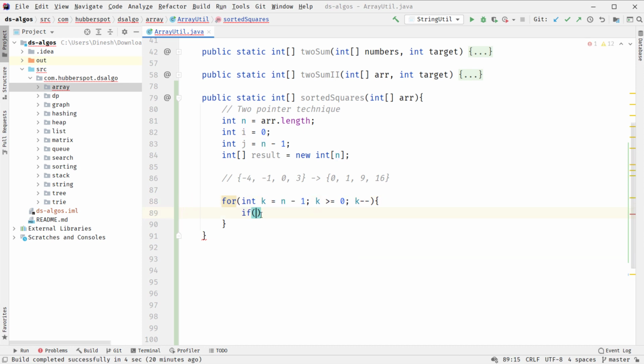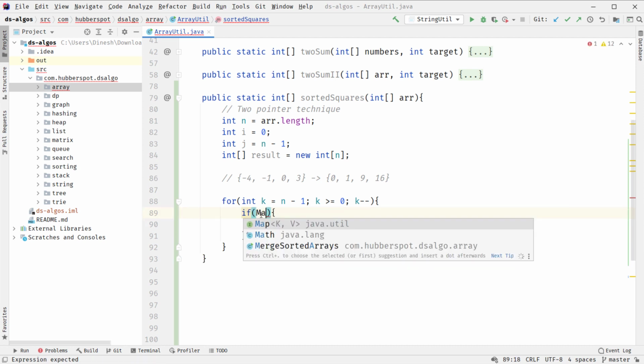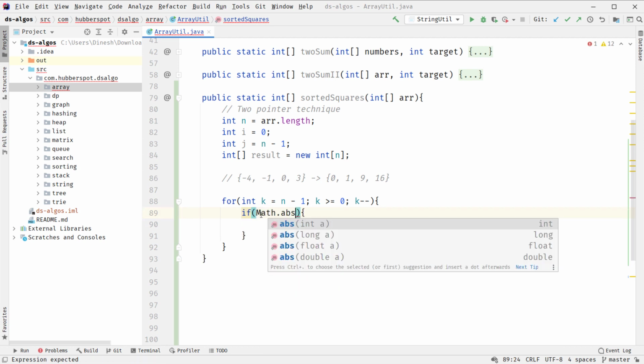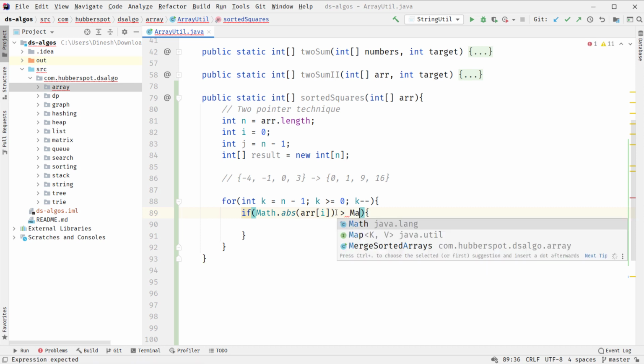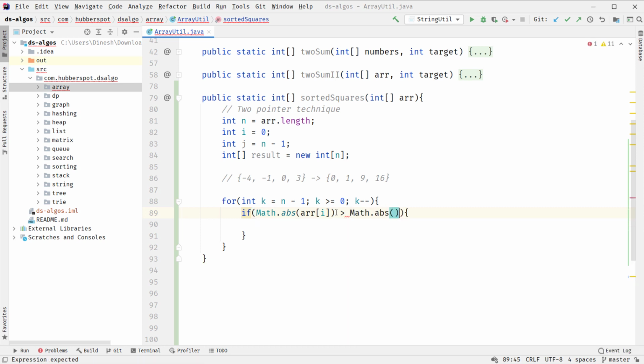So here we provide a condition as if math.absolute of array of I. So we have created these two pointers. One would be at the start and other would be at the end. If it is greater than math.absolute array of j, so what we can do is, if the absolute value at ith index is greater than absolute value of jth index, then in our result at kth index we will assign